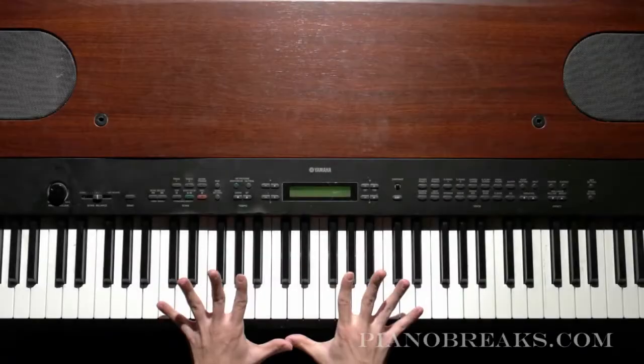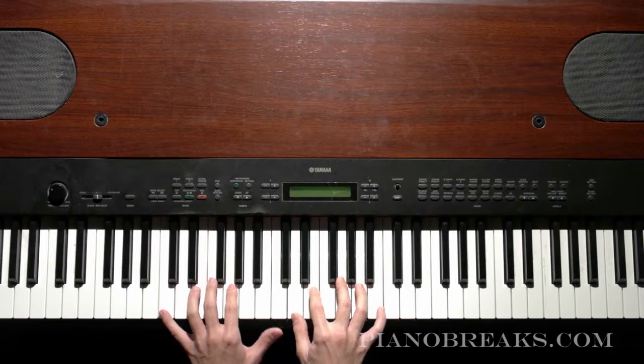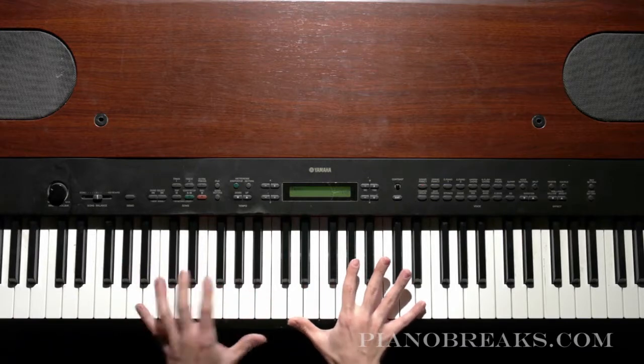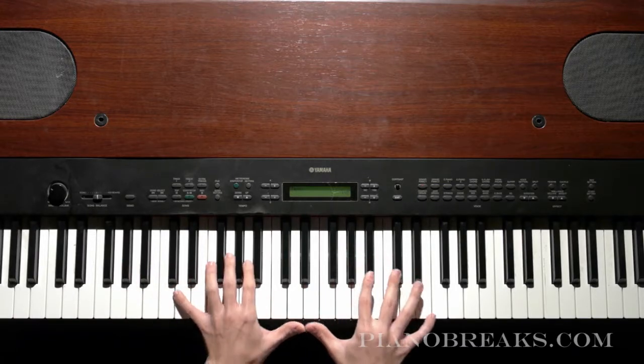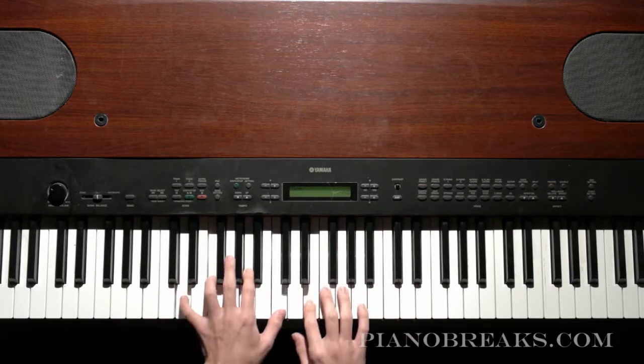So I'm going to teach you a new technique in this lesson, and it's going to be on the D minor 7th and the C major 7th, but it can be used for really any chords. This is just for simplicity's sake. So I'm going to show you what it sounds like. So this is what it sounds like. So it's like...